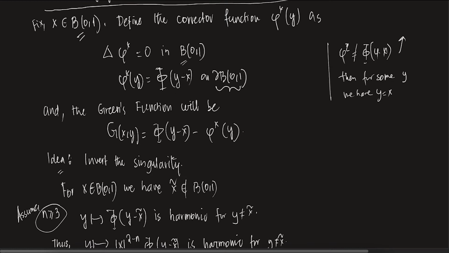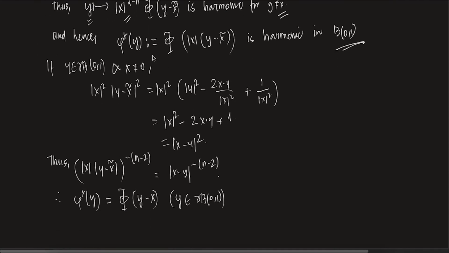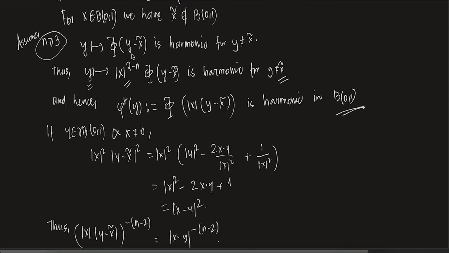If I'm choosing only this thing, not with mod x to the power 2 minus, if I'm choosing only phi of y minus x, that is never going to be phi of y minus x tilde on the boundary, for x in B(0,1). It cannot happen. So for that I am modifying this, multiplying it by mod x to the power 2 minus